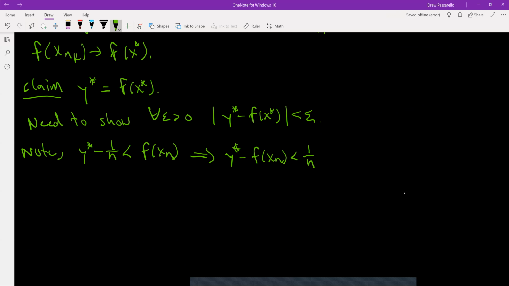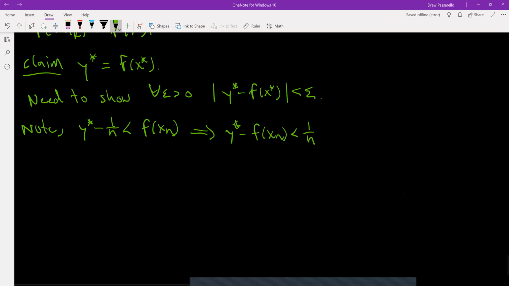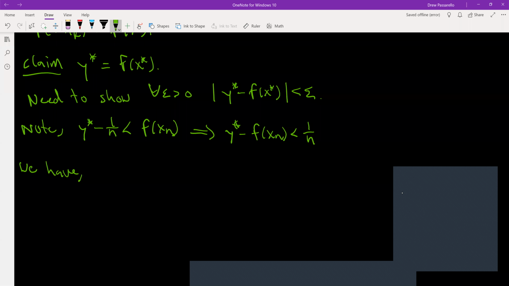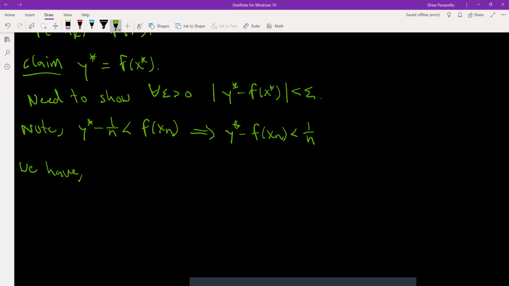Okay, so we have that the absolute value of y star minus f of x star